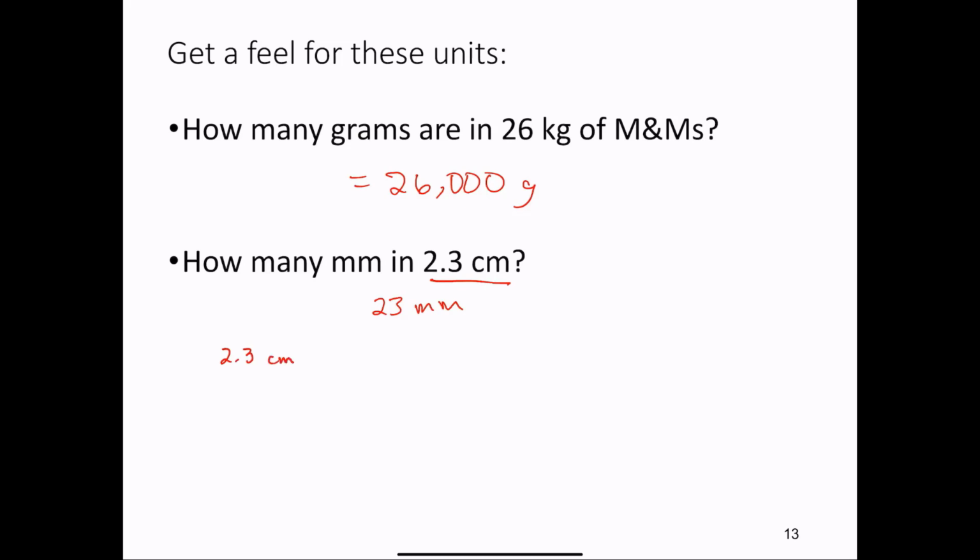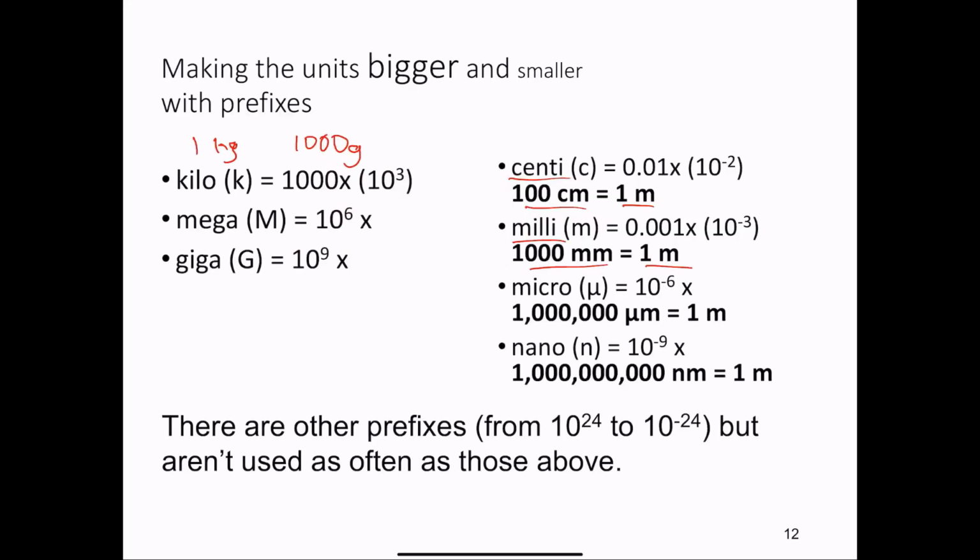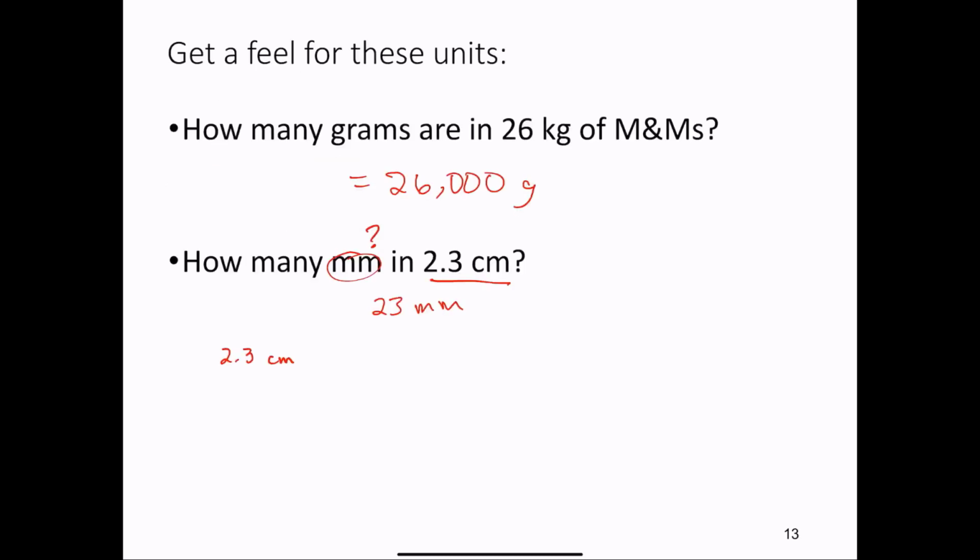And we want to know how many millimeters that corresponds to. So we know how many centimeters are in 1 meter. It's 100. So why don't we convert the centimeters into meters? So let's see, if there's 100 centimeters equal to 1 meter, then we can say that,